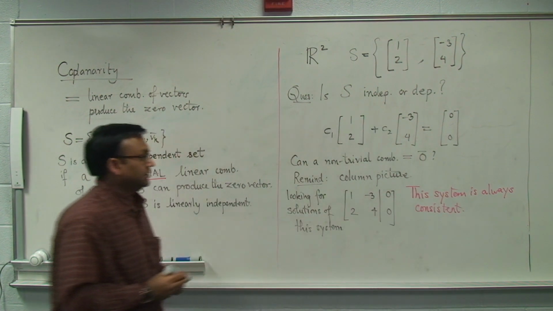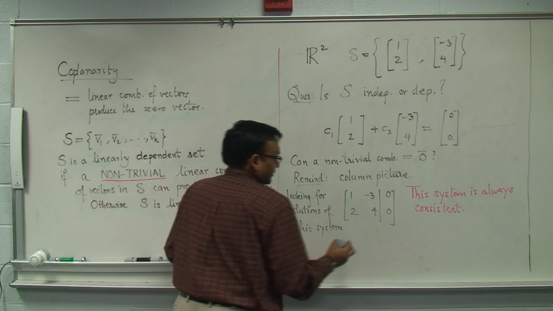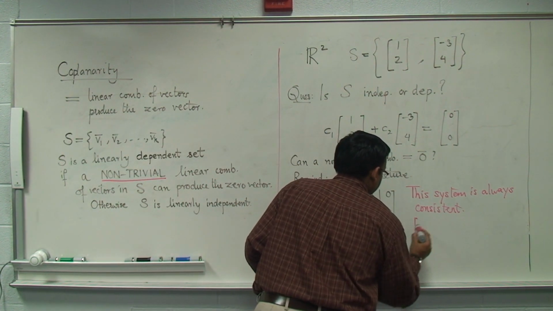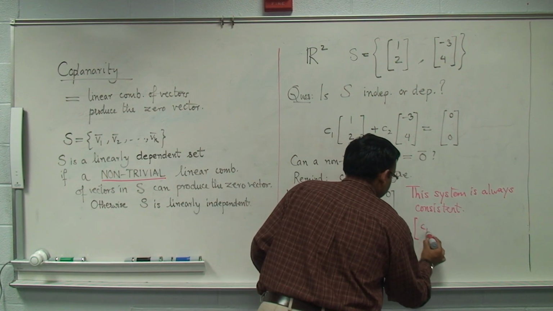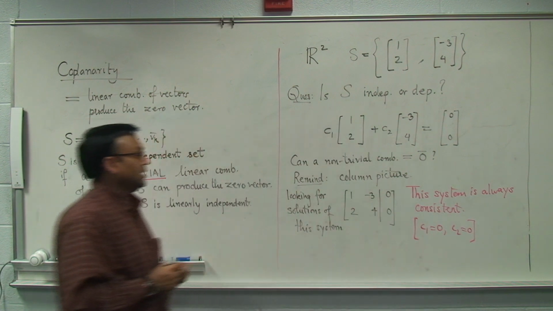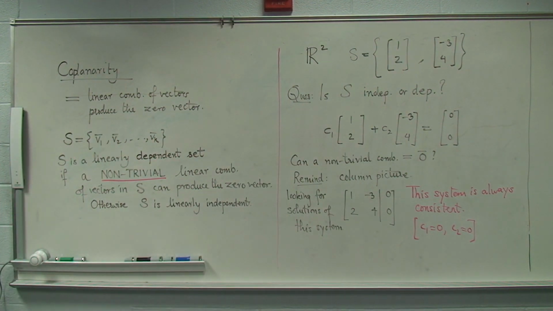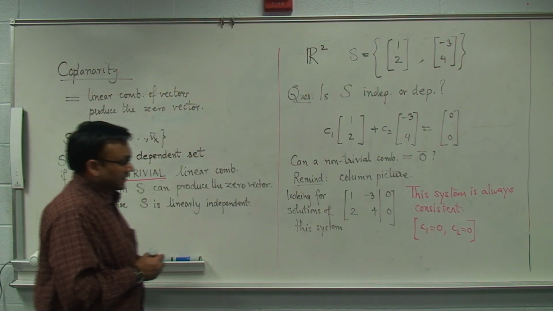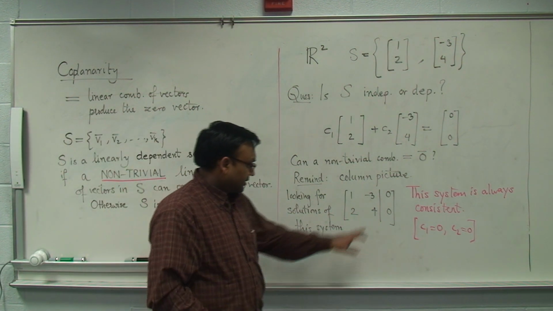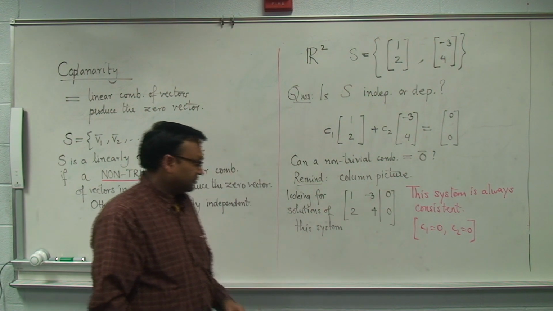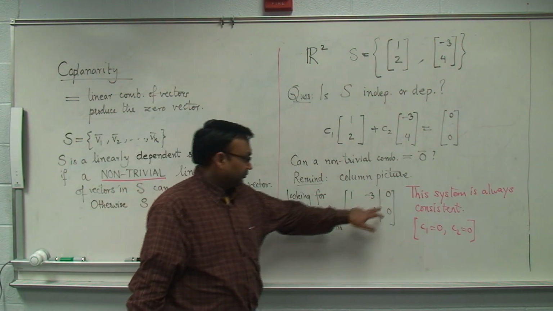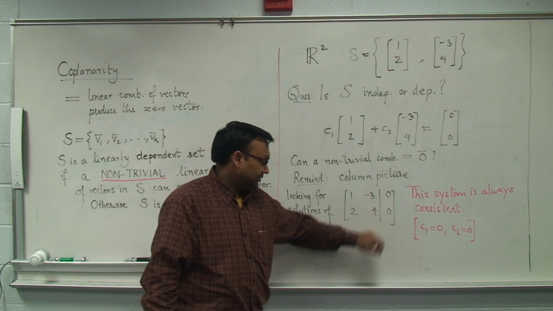And the reason being, because if you remember, definitely C1 equal to 0 and C2 equal to 0 is a solution to this. Moreover, if we view it from what we had seen earlier, a system is consistent provided that in the right hand side column there is no chance of having a pivot. Now, no matter what row operations I do,